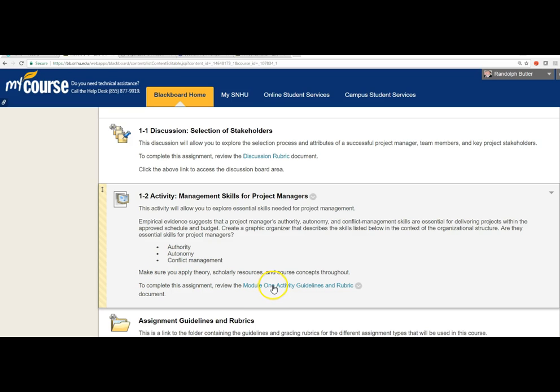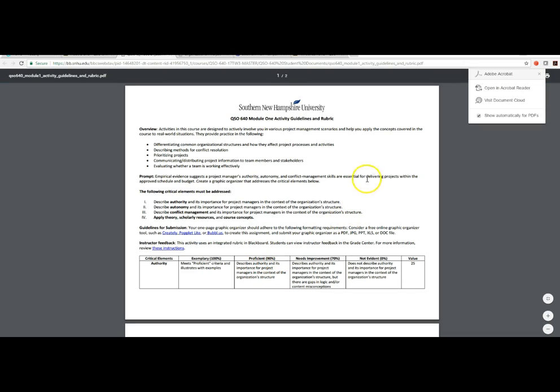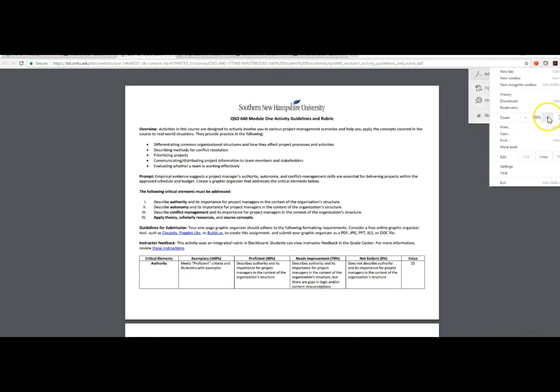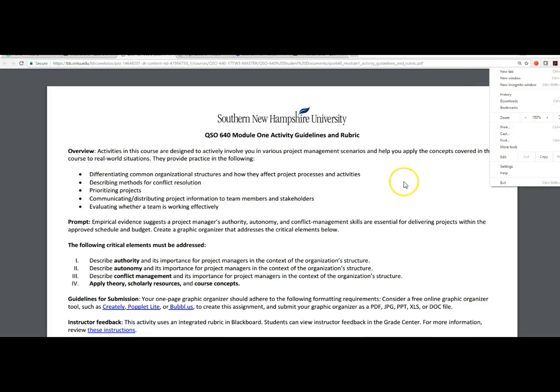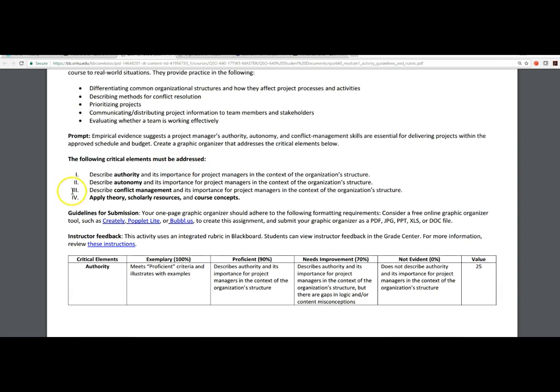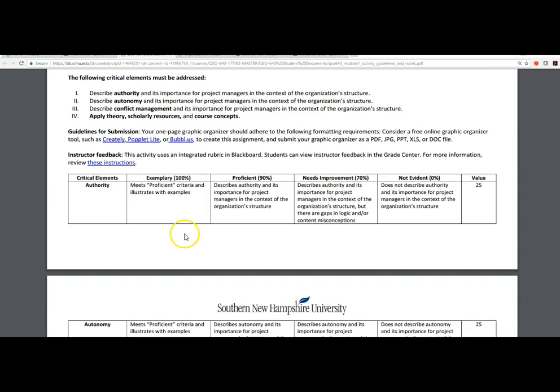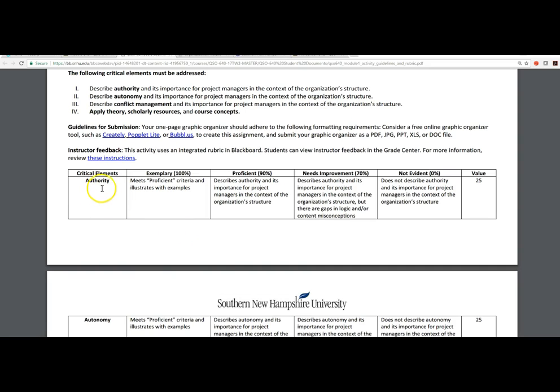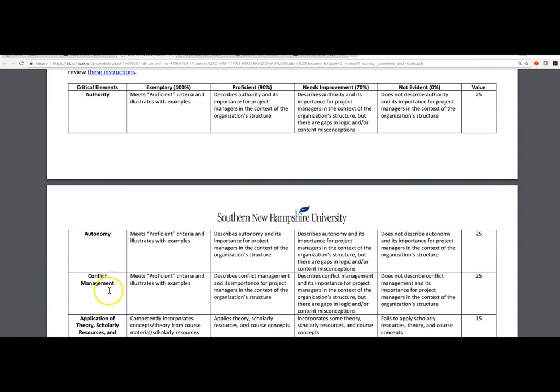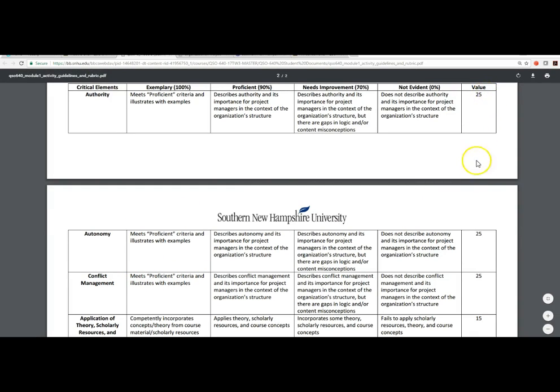Then here is the rubric also. Let's take a quick look at the rubric. I'm going to blow it up a little bit. And here again, we got the same thing of each one of these areas. But if you'll notice, each one of the areas, authority and autonomy and conflict management in the rubric, is given 25% of the grade.